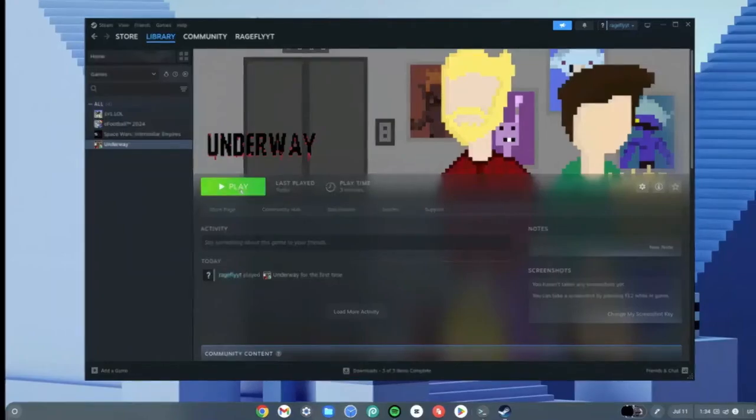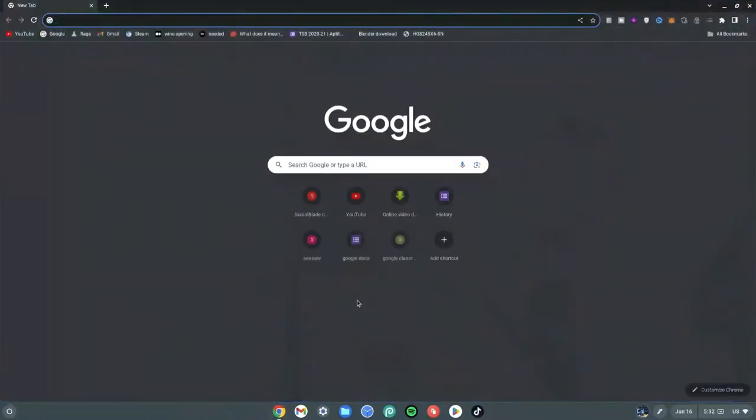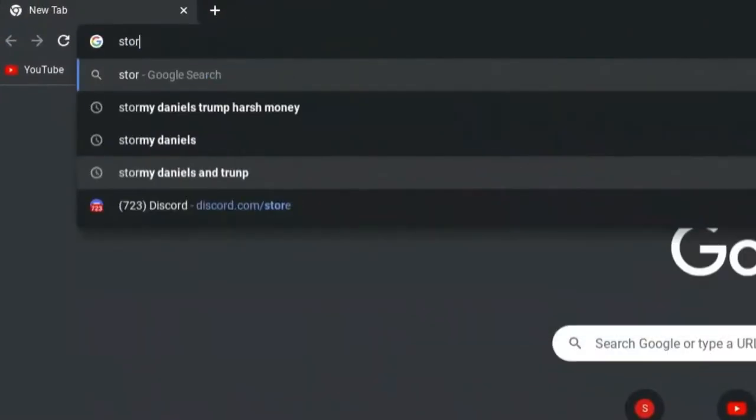Hey, here's how to install Steam on a Chromebook. Now go ahead and click on your Chrome browser. Once you've clicked on that, go ahead and type in store.steam